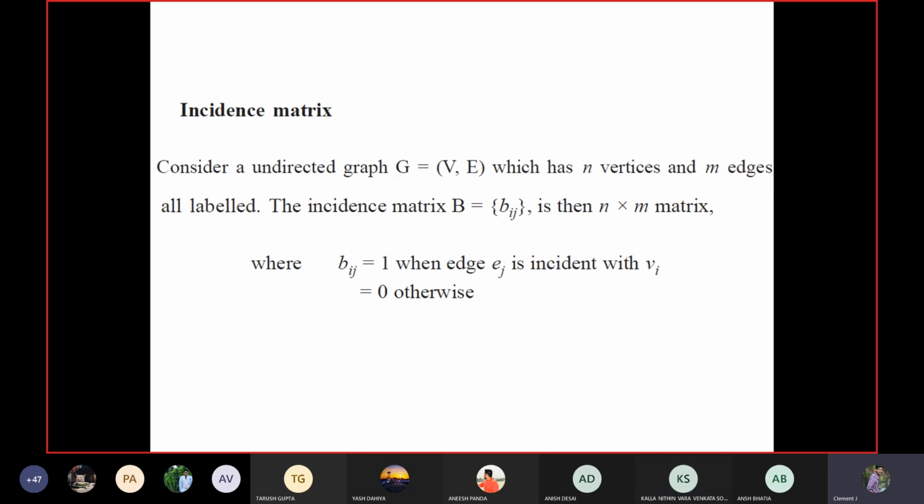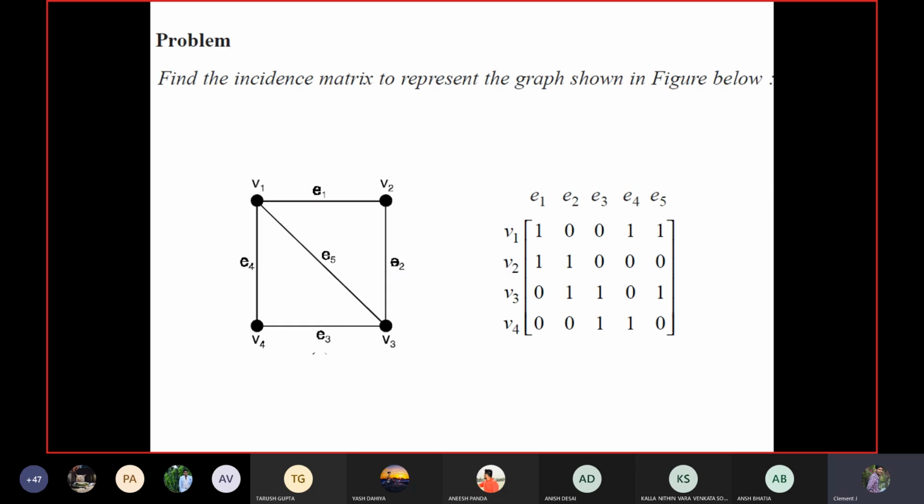If you are going to determine the degree of a particular vertex, I need to count how many edges are incident to that vertex. That concept is called degree. Already you have gone through that. Another name for it is valency, which I explained in the last session. Related to the same degree concept, here you are going to construct the incidence matrix. First, let me explain the problem and then I'll come back to the definition. You will automatically understand what is given in this slide.